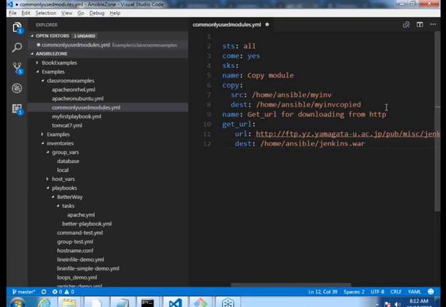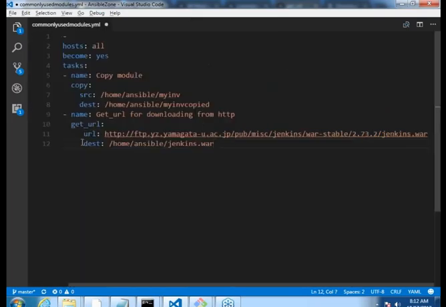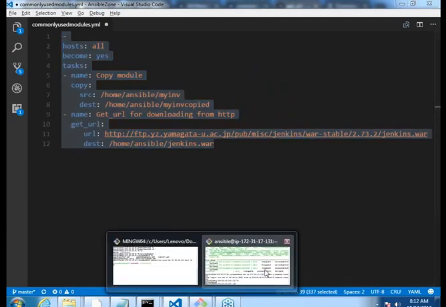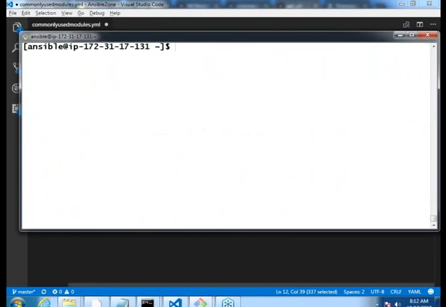Just going through the table makes life simpler. Fine. Let me copy this. Let me get into this machine. I'll commit all of this to GitHub. There is no need for you to write this playbook. If you want, you can just write the module's name. The playbook is at github.com/a square zone, and in that there will be an Ansible zone, and in that there will be a folder called classroom examples. You can go through that.